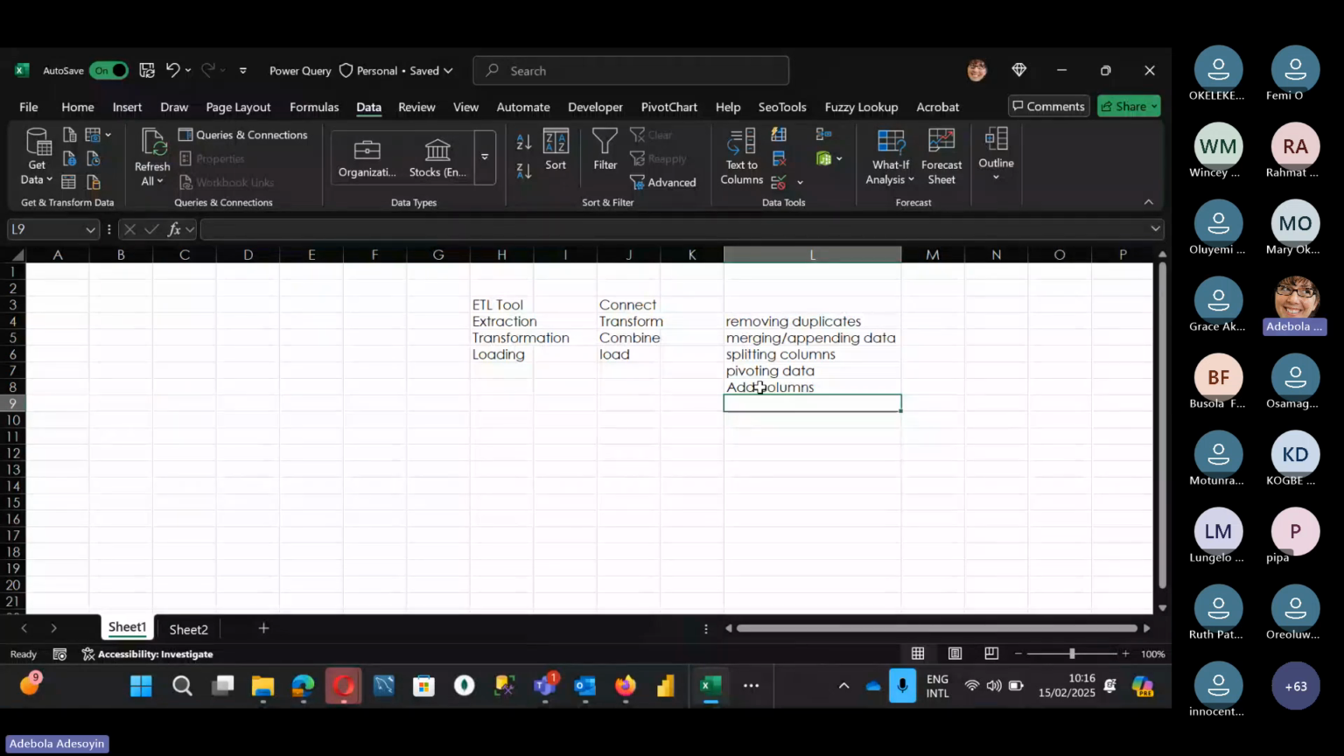So they are under transformation, right? You can remove duplicates under transformation. You can merge, append data. You can split column. As I said, the splitting column, let me assume that in a column, I have a